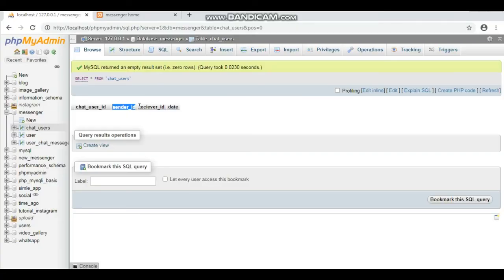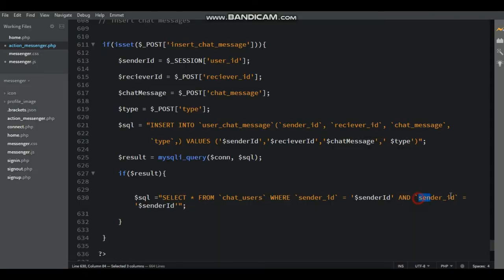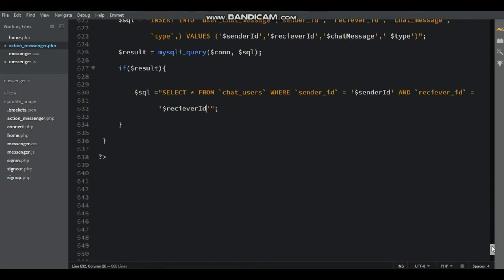Just copy the receiver ID one more, receiver ID, and then inside the single quotes change to receiver ID. Here that is select from chat users where sender ID equal to sender ID and receiver ID equal to receiver ID. Here checking both values are true, and then close with a semicolon.